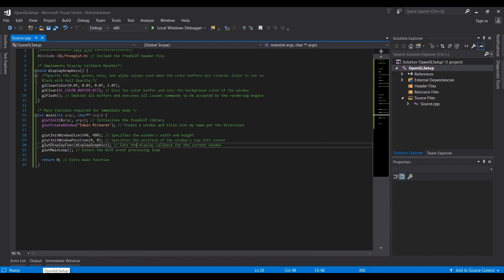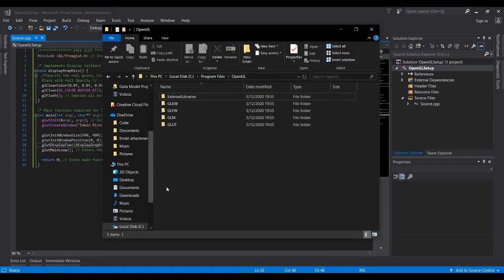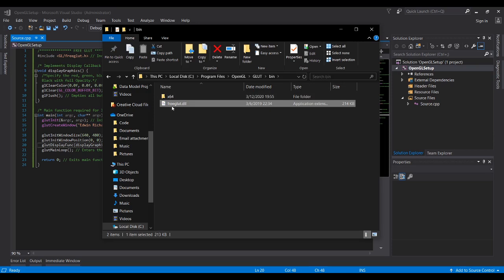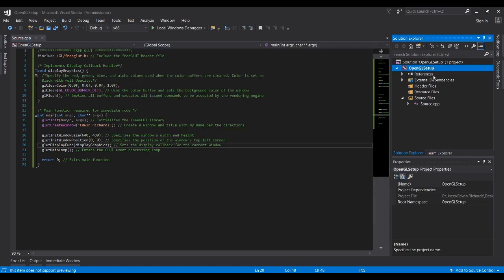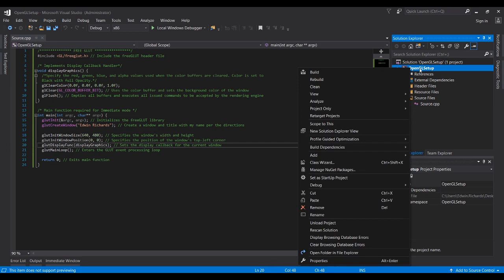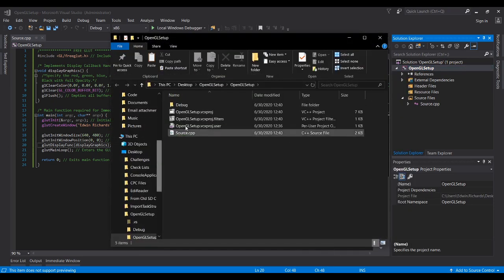So I came across this error. So what you'll need to do is you'll need to go back into your libraries folder, wherever you have that, and then locate the glut, for example, under bin, and then this DLL here. DLL is a dynamically linked library. So we need to take this file and paste it inside the project directory. So to get to that, I'm going to right click on the project again, come down here to Open Folder in File Explorer,